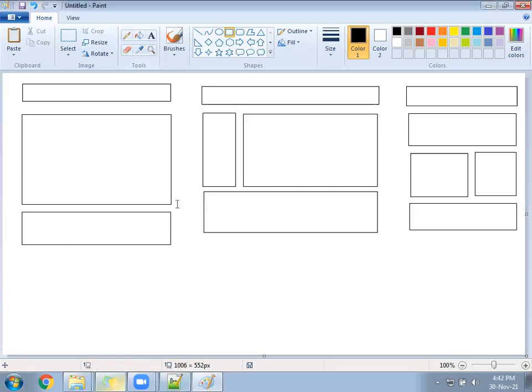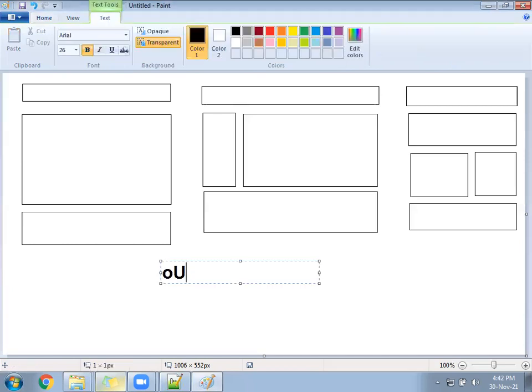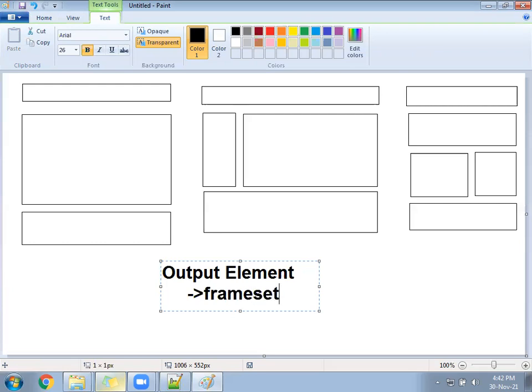That is called an output element, and that output element is called frame set and frames.